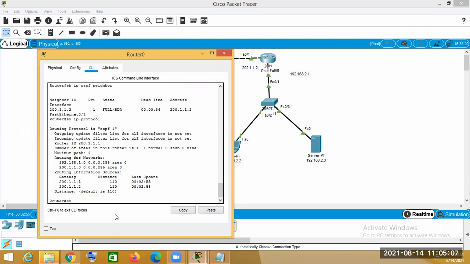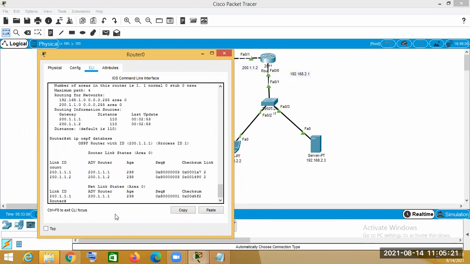And another command that is used is show ip ospf database. This is another command, show ip ospf database. So if we enter this, you see the total database is shown.